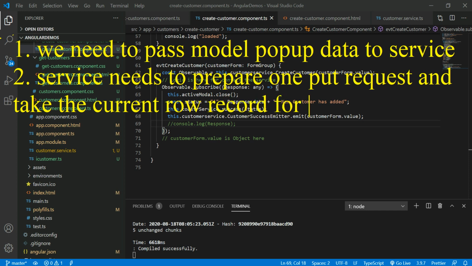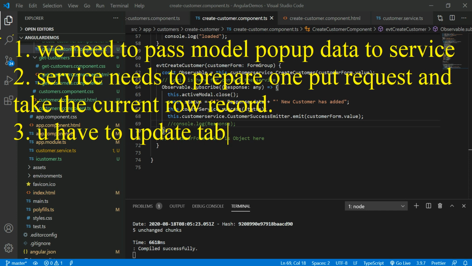Why do we take the record? Because we need to send this current row to the DB. Once you get the response, you have to update the table with the current row, I mean whatever row we have updated through the model pop-up. For that row you have to update. We have to follow these three steps when we prepare the code.